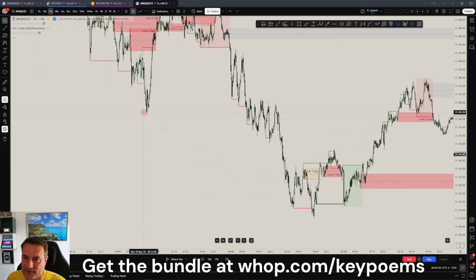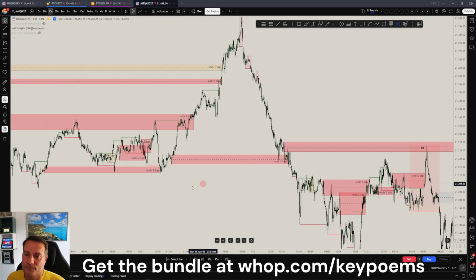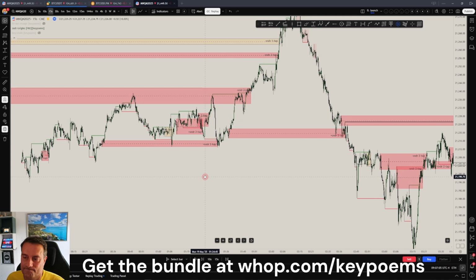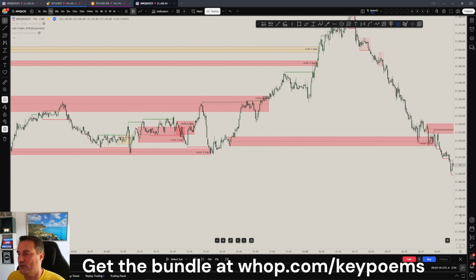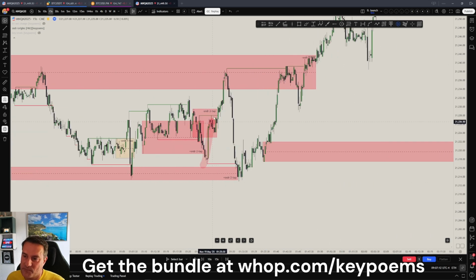Let me find something strange where there's no... Okay, let's do here. Imagine that there has been just this huge drop, and price starts to develop here. There are some zones in it, but the actual market structure will only change if you reach these levels. So how do you make sure